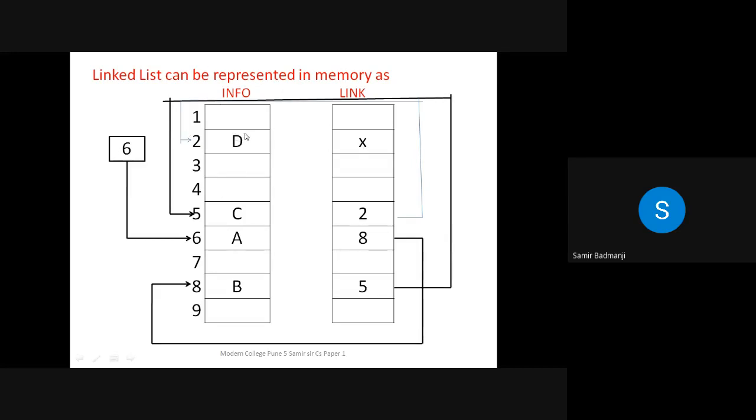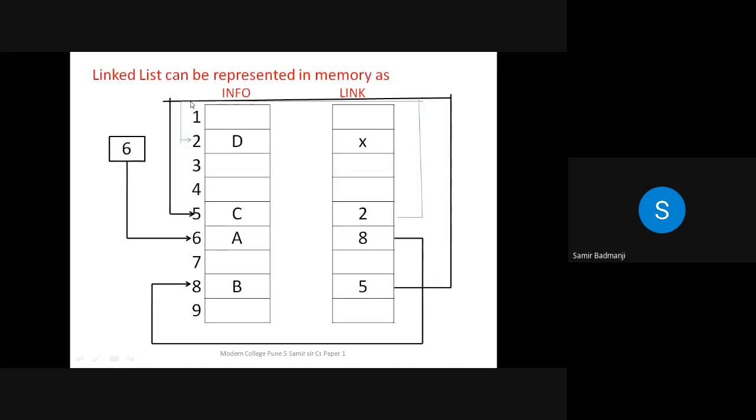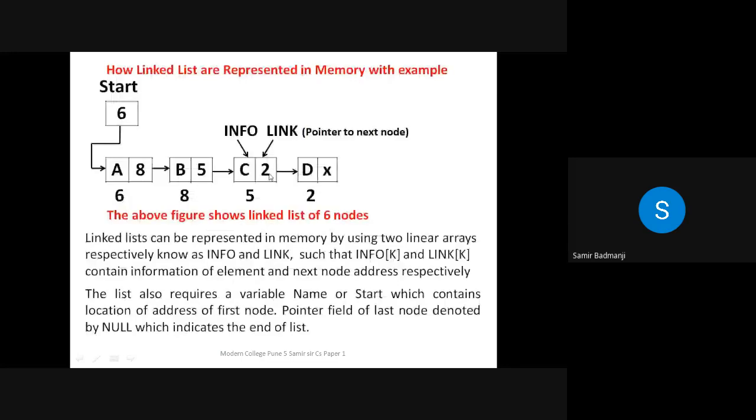Now see how it is represented. First thing you have to do, whatever numbers you take here, see 6, 8, see to it that usually these numbers are below 10. Why below 10? Because if you take numbers above 10, then you'll have to write that big an array. See the numbers in sequence 1 to 9. If you take bigger numbers like 12, 15 or 20, then you'll have to draw that many numbers. So try to take small numbers, say 7, 8, that much only, so that it will be easy for you to show it in memory.